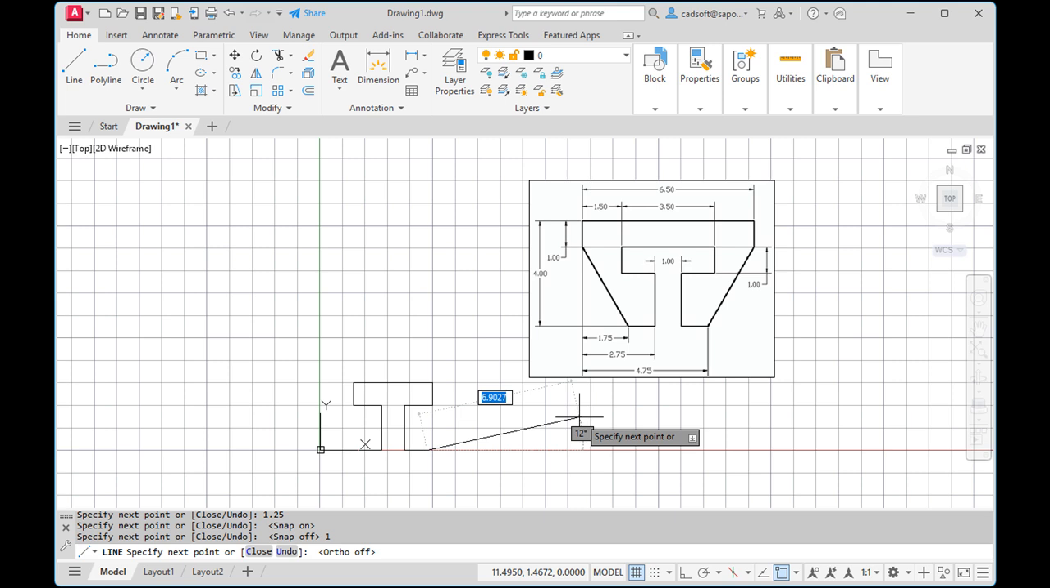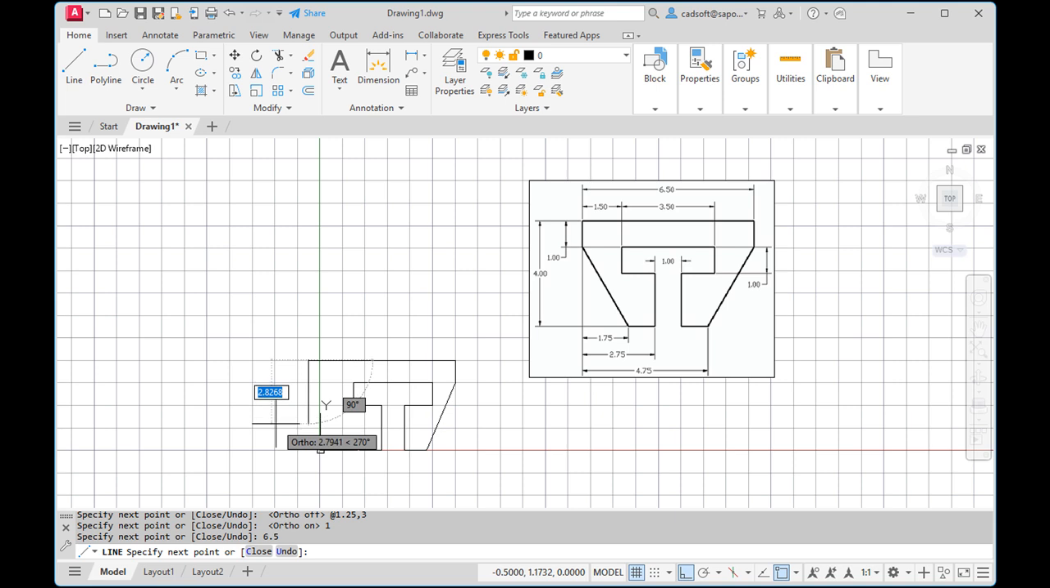and here I can use relative coordinates also. So the at, and it will be 125 in x, 3 in y, ortho again, 1, 6.5, 1,